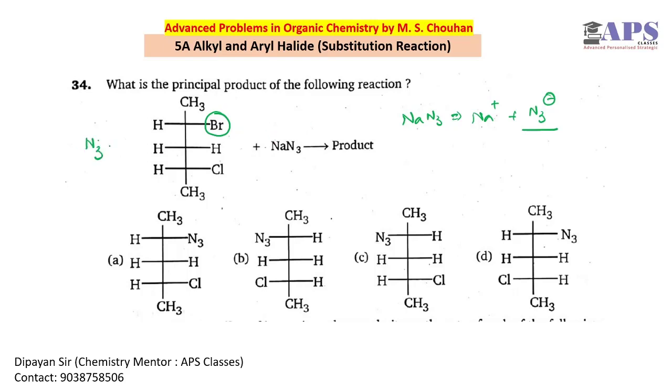Now we have to perform SN2 here. So azide will come from this side and Br will be eliminated from the system. So there will be no change of the position of Cl. Cl is present at its own initial position, but azide will approach bromine from the back side of its position, or an inversion product will be formed from the point of view of bromine. So in option C, the azide is attached to the opposite position from Br, the leaving group. So option C is the correct one.